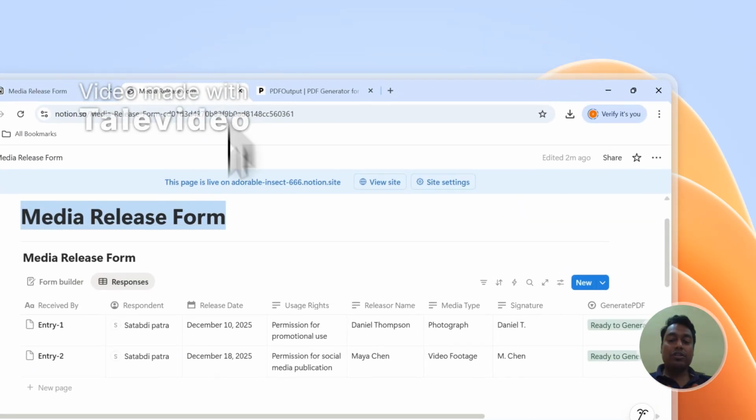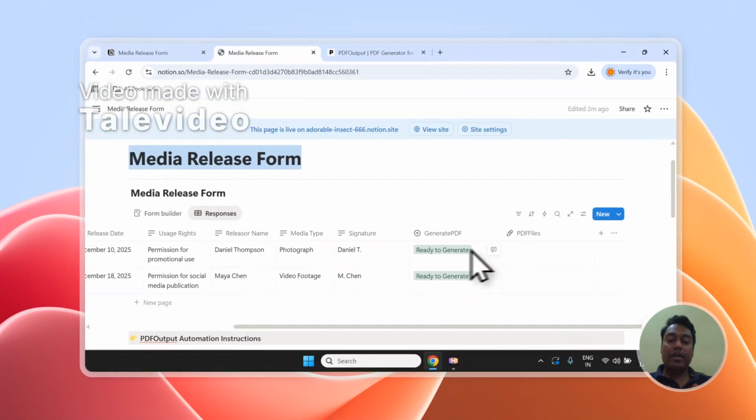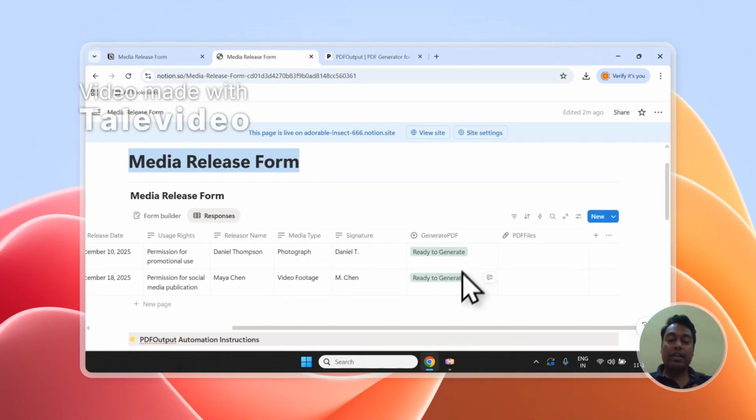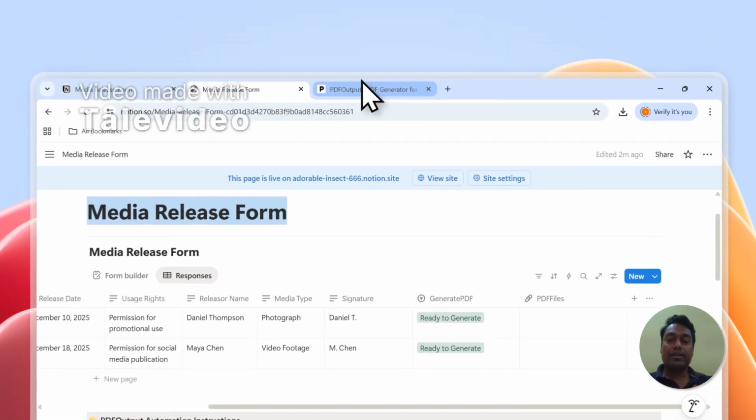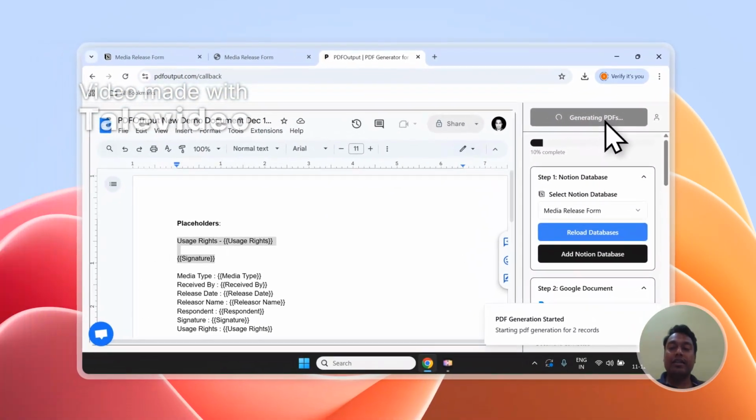If you scroll to the right side of the database, you will find two additional columns, Generate PDF and PDF file. If any record is marked as ready to generate, it will be converted to PDF and stored in the PDF file column. So make sure you set your records as ready to generate, whichever you're looking to convert to PDF, before downloading the PDF file. And now let's click on download PDF, and the PDF will be created right inside the database,